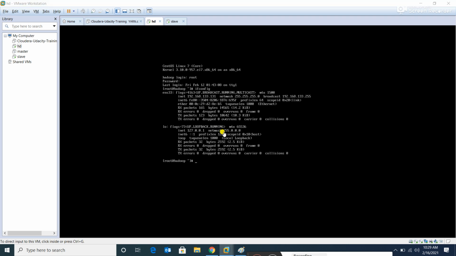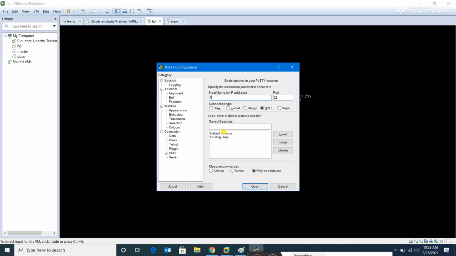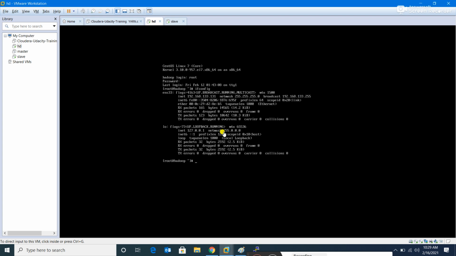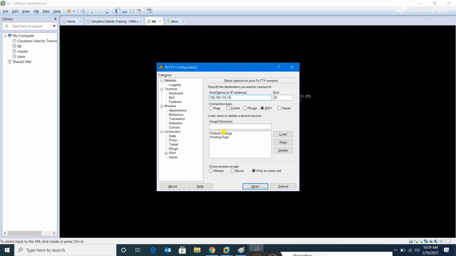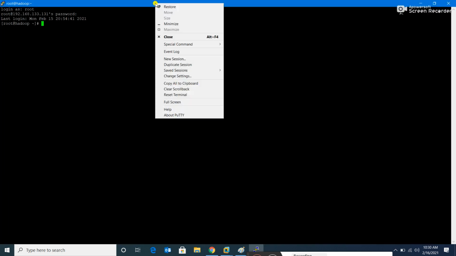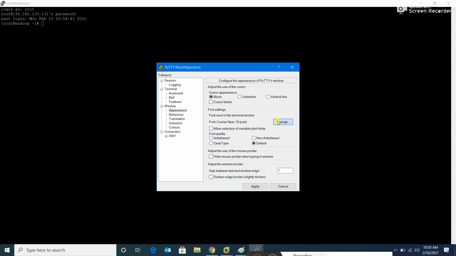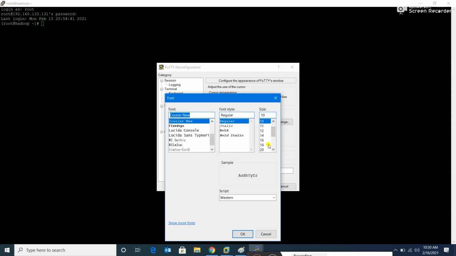Let me start PuTTY and make a connection to 192.168.133.131. Username root and the password is HD. Let me change the appearance, settings, and make it a little bigger. Twenty we can keep, and bold we can keep.